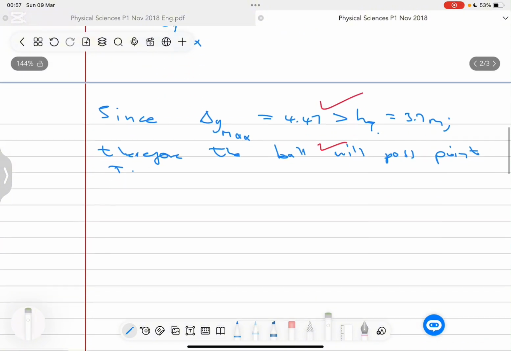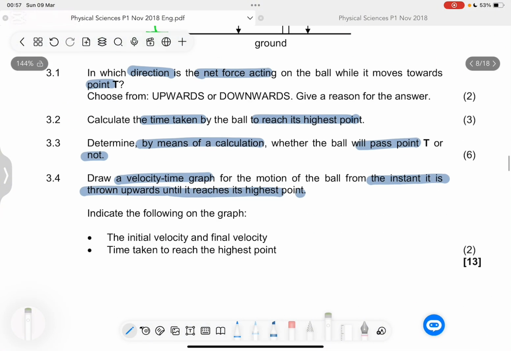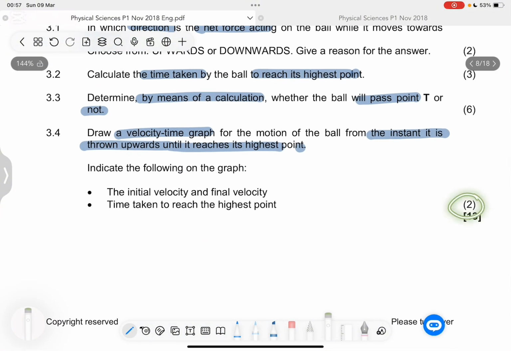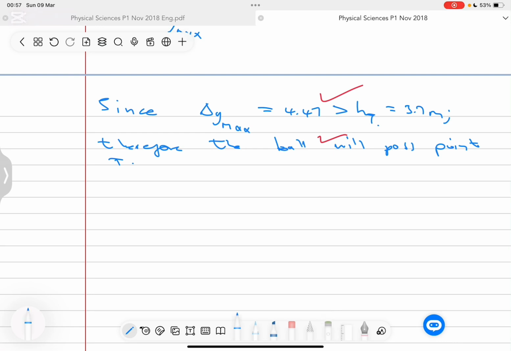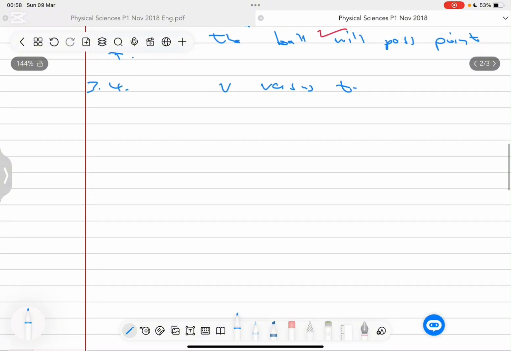Now, that's in fact why this question is 2 marks, because our graph is not a full graph really. So we are going to quickly jump to question 3.4, where we are drawing a velocity versus time graph. The first thing I'm going to do is to recognize the fact that when you draw a velocity versus time graph, we actually use